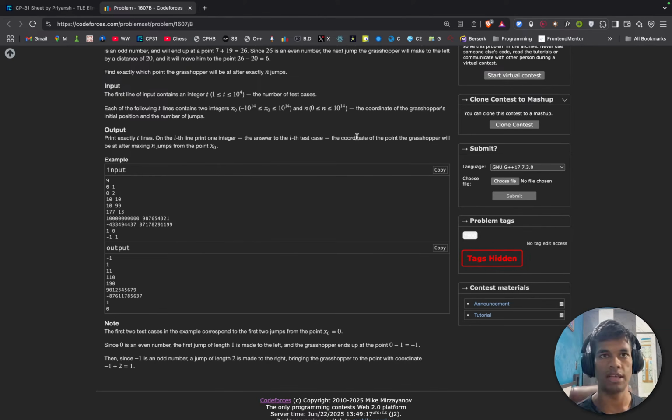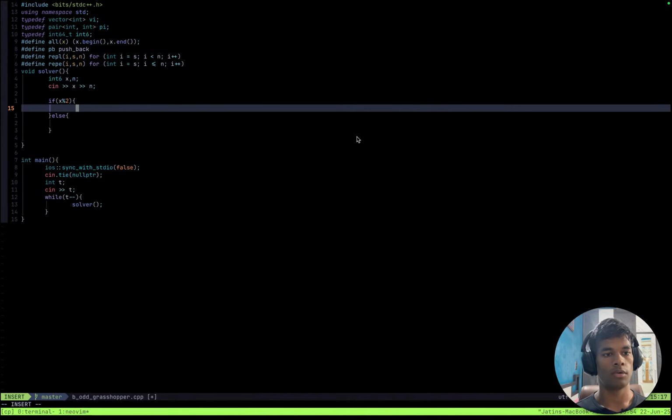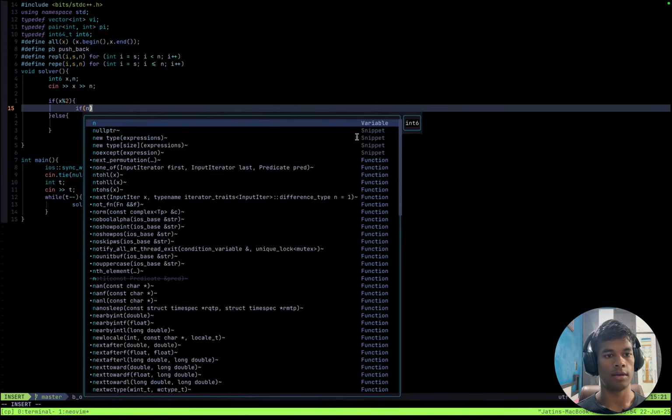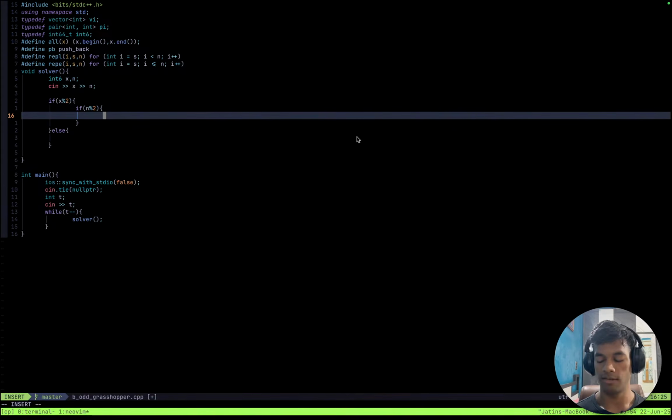If the integer is even, then I will be on the right point. Okay, so I check n divided by 2, the remainder: if n is even, if n is odd, then